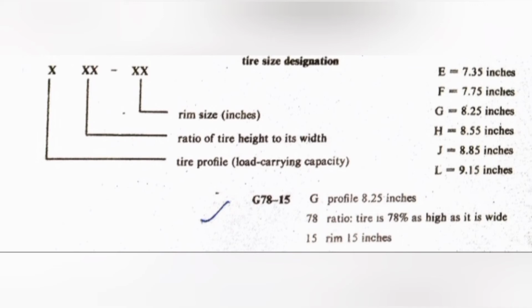It has three elements: the tire profile, the ratio of the tire height to its width, and its rim size. This code describes two of the elements as significant digits. These are the ratio of tire height to width and rim size. The tire profile is indicated by a letter rather than the actual numerical measurement. Significant digit codes and group classification codes are sometimes confused with one another. In a significant digit code, the digits are the measurement of one or more physical characteristics.